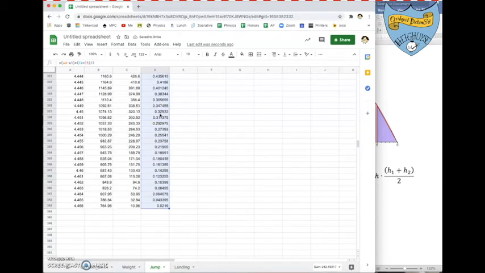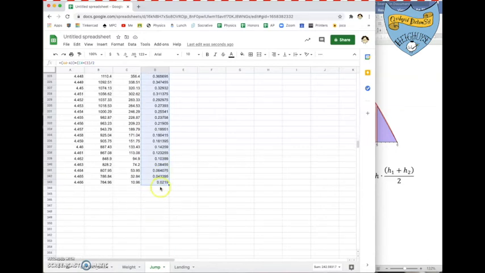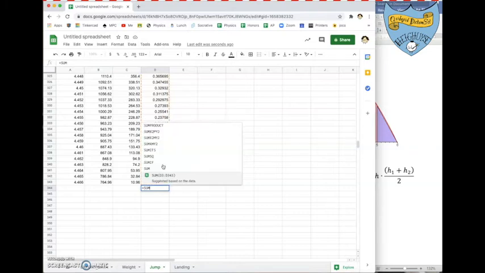Each of these numbers represents the impulse applied over 1/1000th of a second by the net force acting on me during my jump. Now, if I want to know what the total impulse was, it's just the sum of all of those things. Ooh, it even suggests that, which was very helpful. It says sum this stuff. If it didn't make this suggestion, I could always type that in. That's what I'm going to do, just because I hate taking Google suggestions. I will say equals sum of